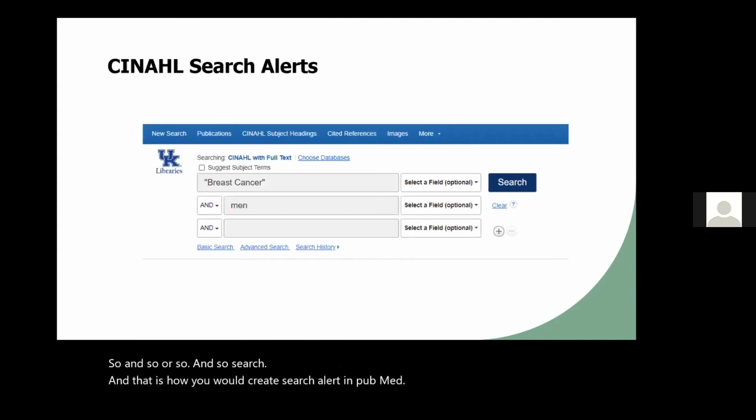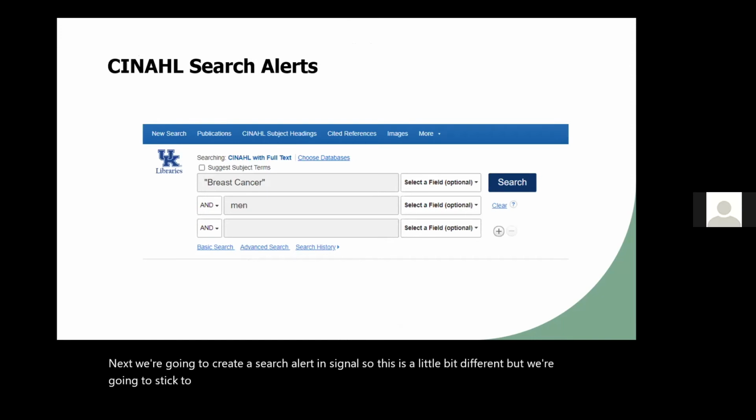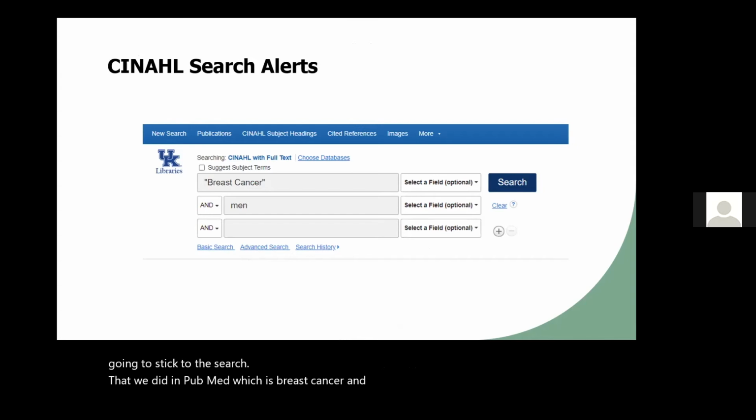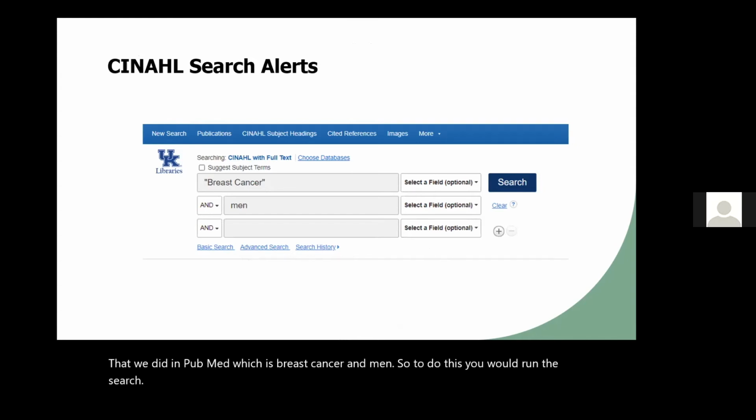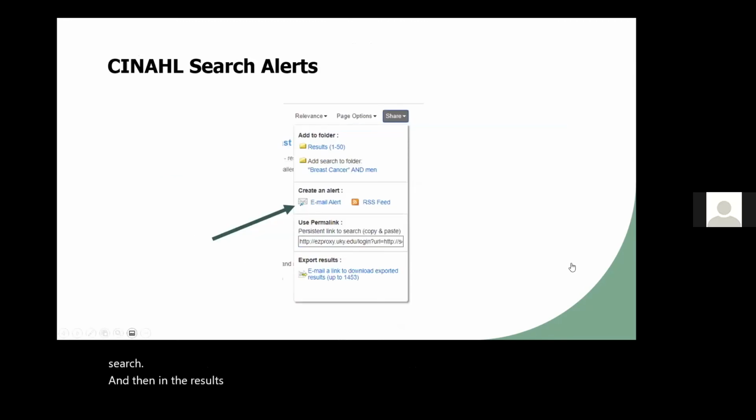Next, we're going to create a search alert in CINAHL. This is a little bit different, but we're going to stick to the search that we did in PubMed, which is breast cancer and men. To do this, you would run the search, and then in the results section on the far right, underneath